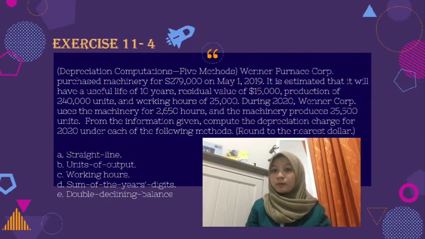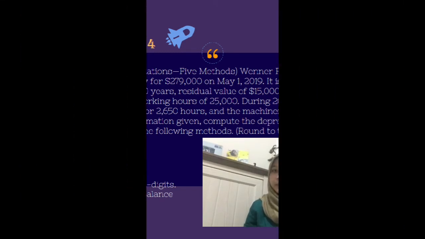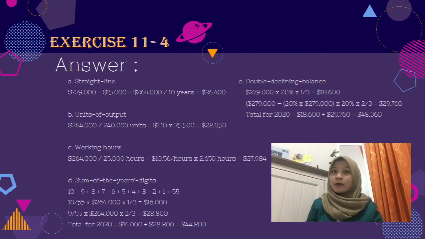Exercise 11.4. The exercise 11.4 asks: A. Straight line, B. Unit of output, C. Working hours, D. Sum of the year's digits, E. Double declining balance. And my answer for point A, straight line, is